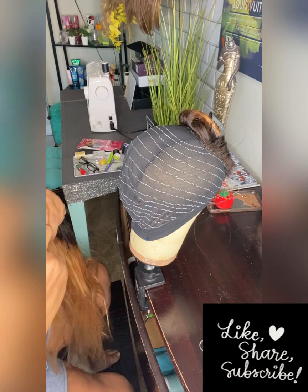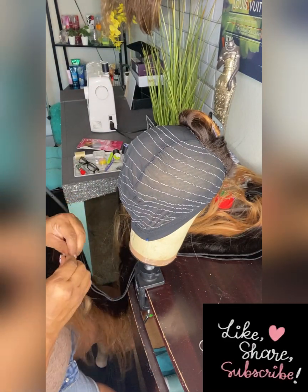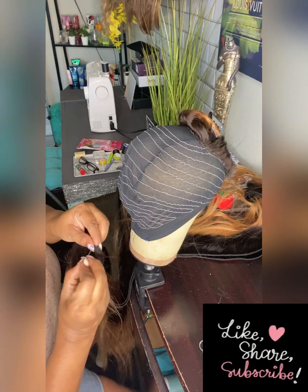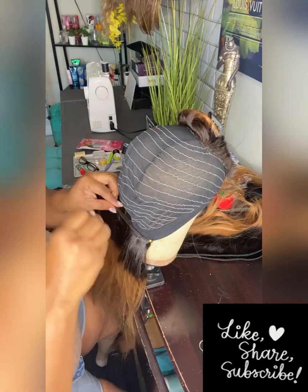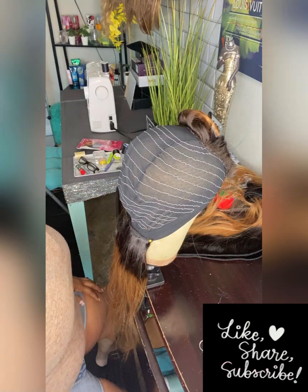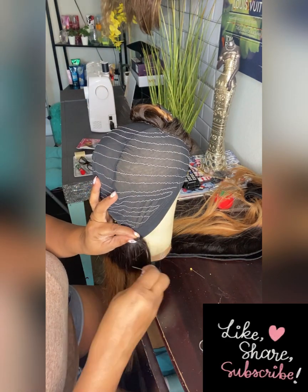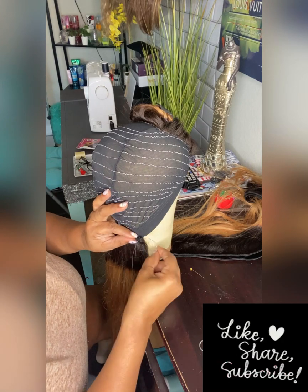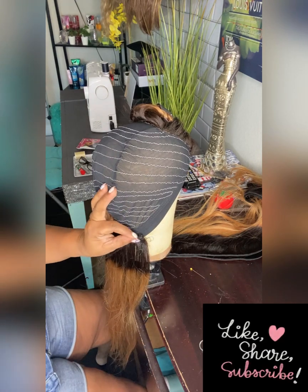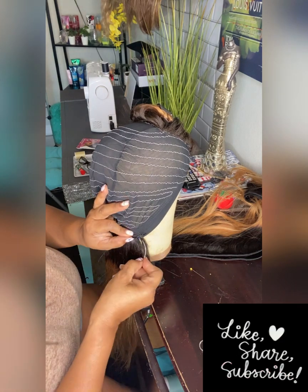Okay guys, I am going to start sewing the tracks on, but it looks to me like I'm going to have to sew that cap down because it's big. It's definitely bigger than a 19 to 21 inch for real, and I'm using a 21 inch canvas. But for now, I'm just going to sew this first track on, and I am doubling